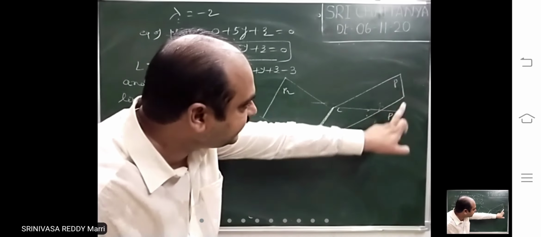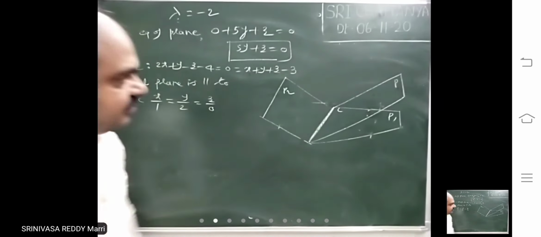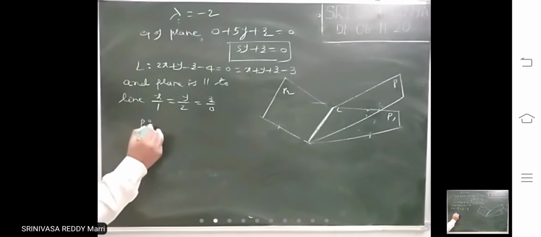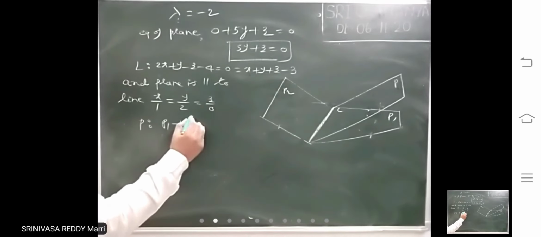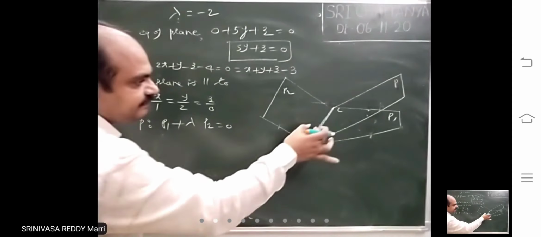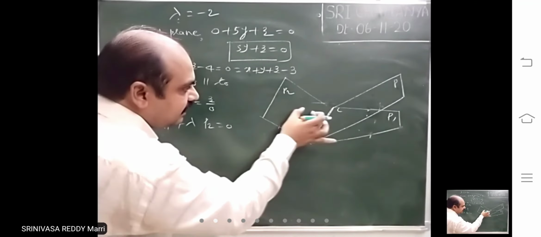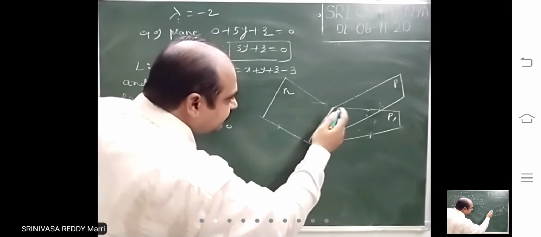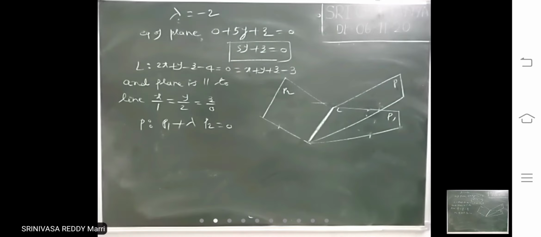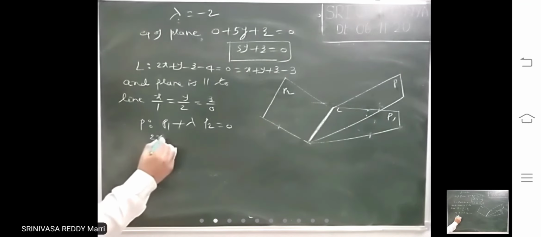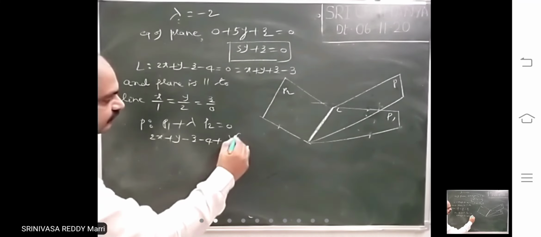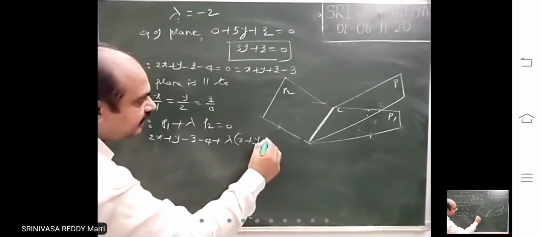That means my required plane is nothing but the plane passing through the line of intersection of this plane and this plane. That means the required plane is P1 plus lambda P2 equal to 0, because my required plane has the line of intersection of P1 and P2 as its line of intersection. So you write it like this: 2x plus y minus z minus 4 plus lambda into